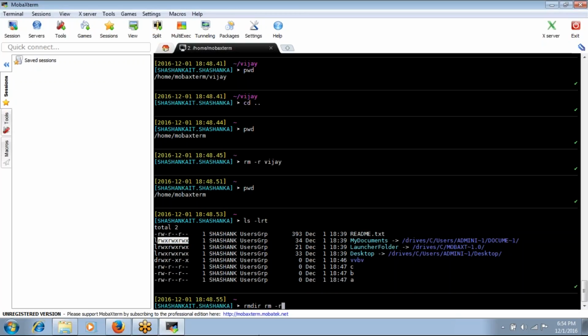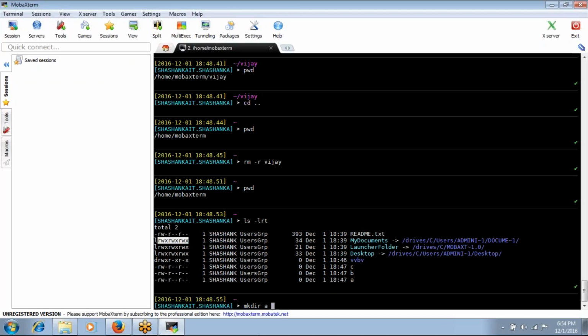Using the cat command you can view multiple files, using touch you can create multiple files at a time, and using rm you can delete multiple files at a time. In the same way we can create multiple directories at a time.